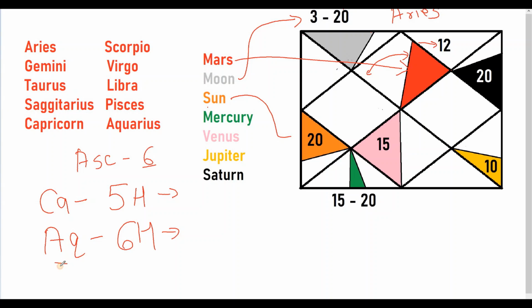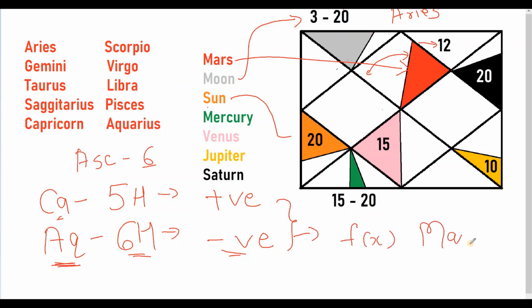because Mool Trikon sign of Aquarius falls in the sixth house, which is one of the negative houses, and even though Capricorn falls in the fifth house, which is a highly positive house, since the Mool Trikon sign of Aquarius is in a negative house, Saturn will mostly behave like a functional malefic and not like a functional benefic. Now, there obviously can be merit in this line of thought, but this is not how we were